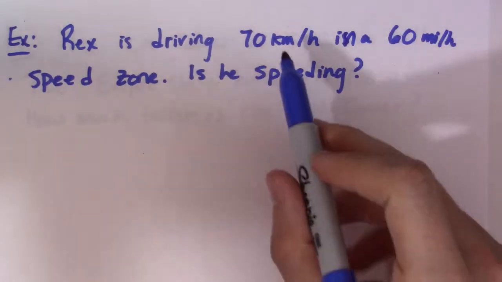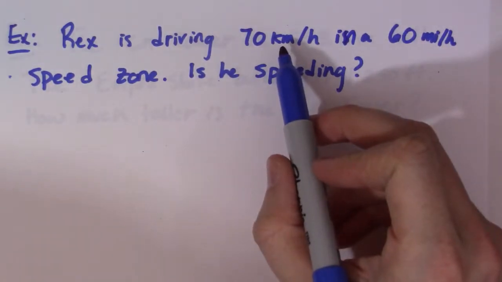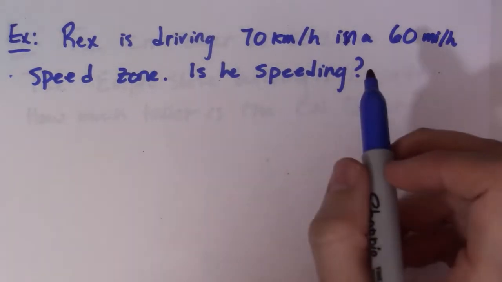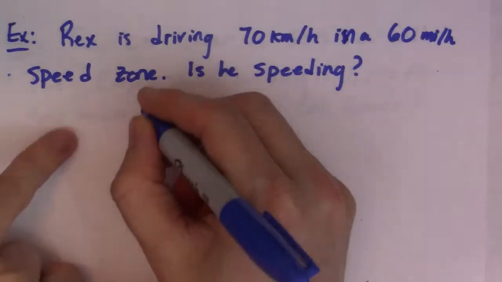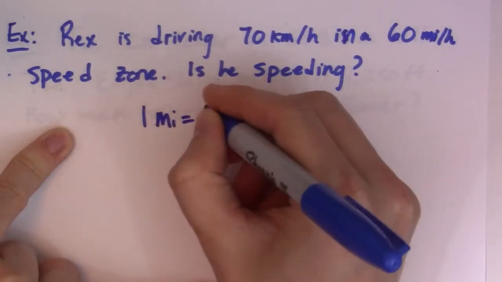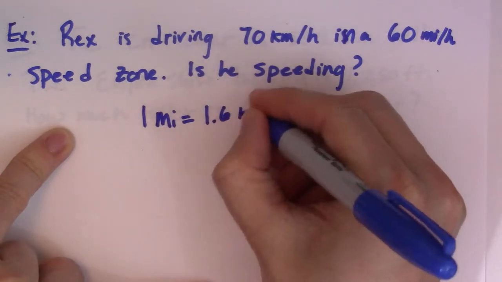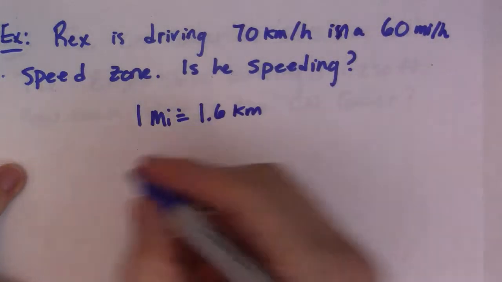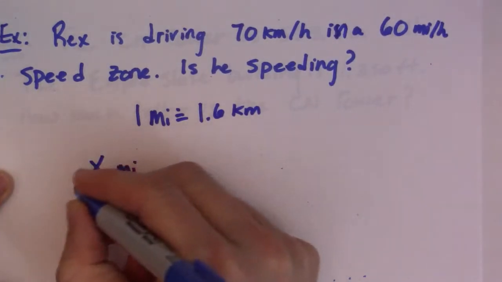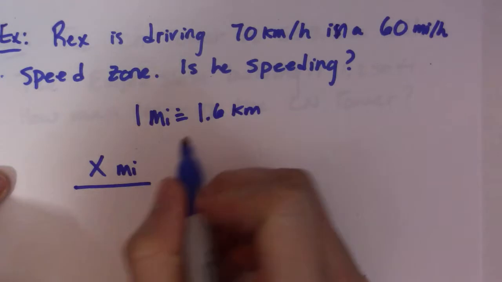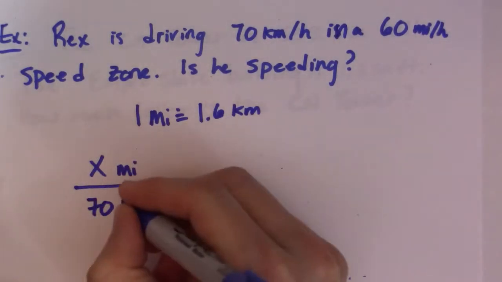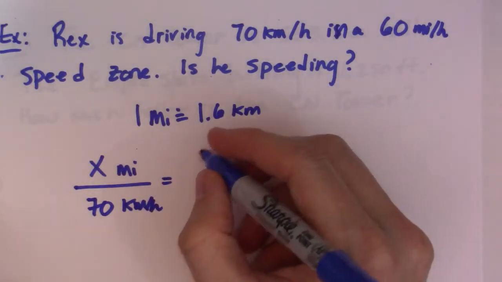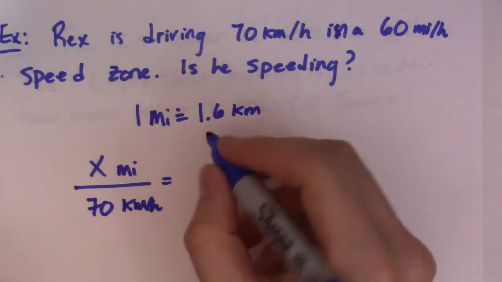So again, we have a choice. Do we change the 70 kilometers per hour to miles, or the 60 miles per hour to kilometers? It doesn't really matter. We just need to know the fact that 1 mile is equal to about 1.6 kilometers. So I'm going to take this 70 kilometers per hour and change it to miles. So again, I'll write a conversion for it. So x miles over 70 kilometers per hour is equal to